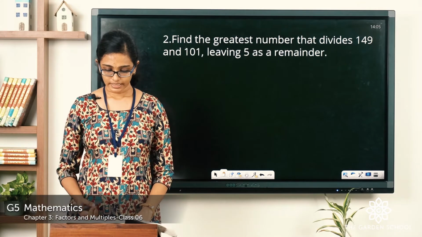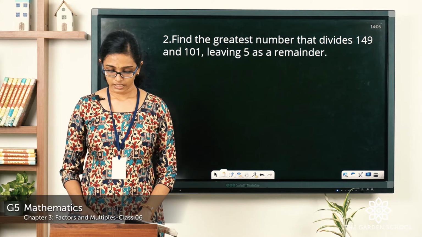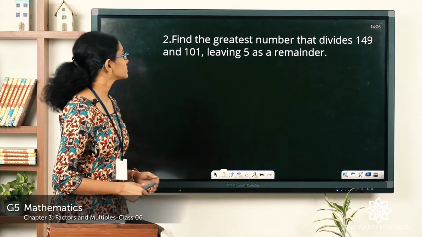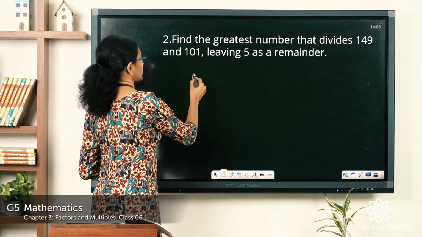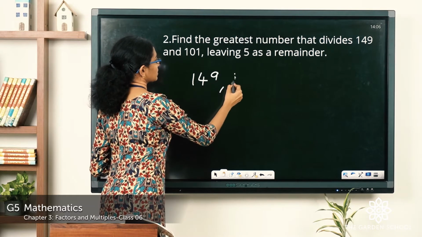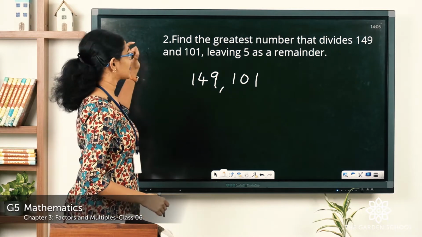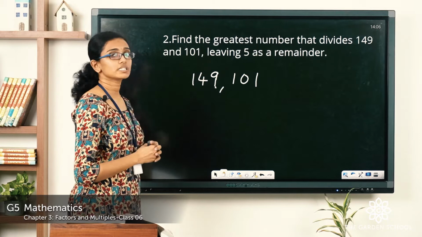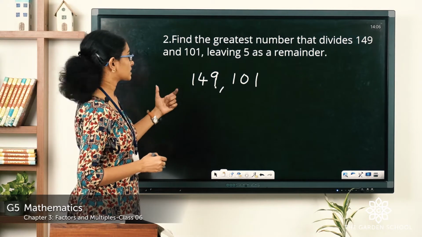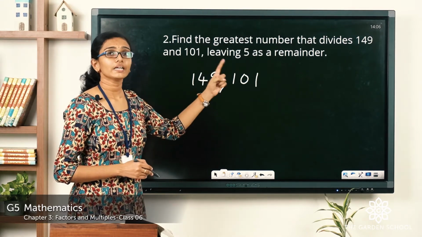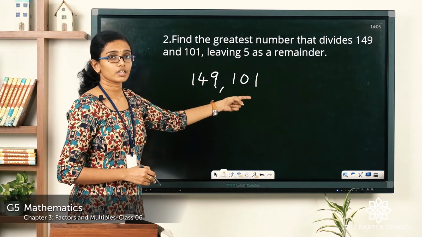Find the greatest number that divides 149 and 101, leaving 5 as remainder. So what is the question? Find the greatest number that divides these two numbers. Which are the numbers? It is 149 and 101. You are asked to find out the greatest number that divides both these numbers. But in that case, you are getting a 5 as remainder. So we know what is HCF. HCF is the greatest possible number that divides the given numbers completely without any remainder. So if you are asked to find out the greatest number with a remainder of 5,